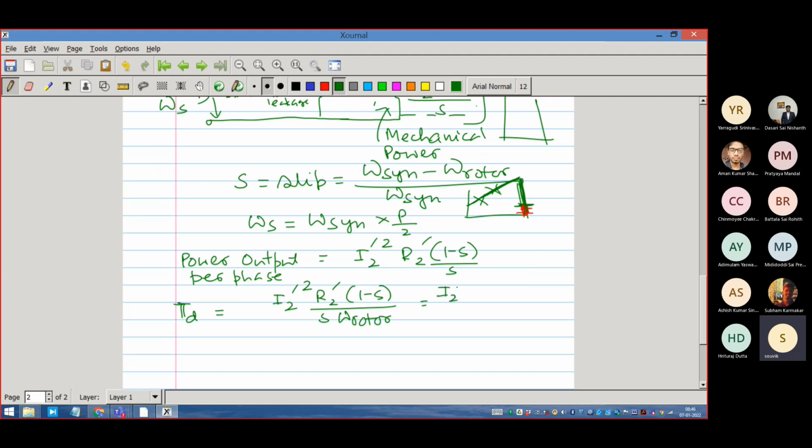So this is I2 dash square R2 dash 1 minus S by S divided by 1 minus S omega sync. So this 1 minus S cancels. So this is equal to I2 dash square R2 dash by omega sync. This simple torque expression we should remember,